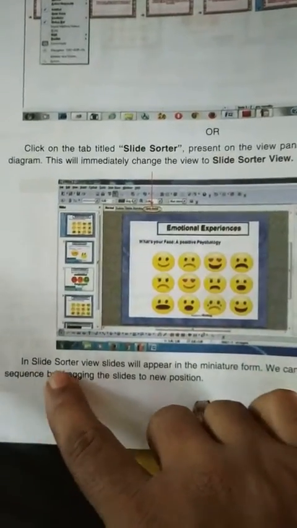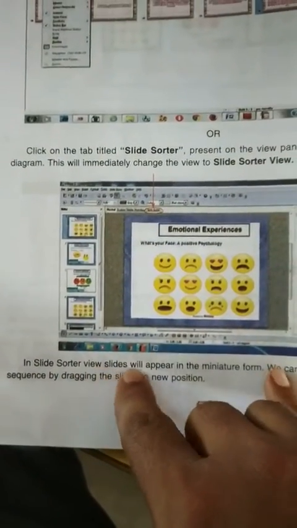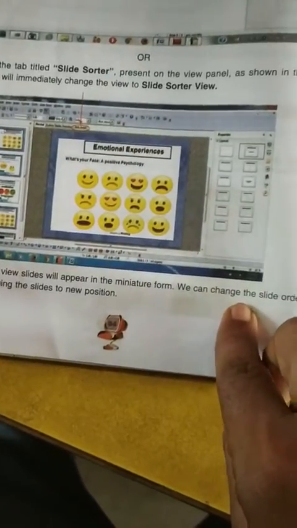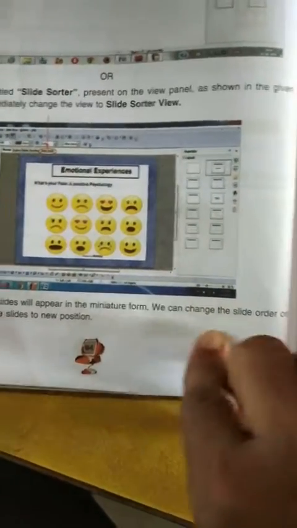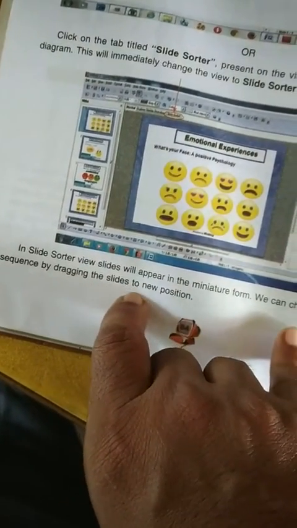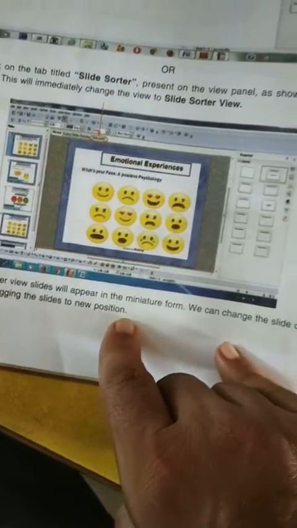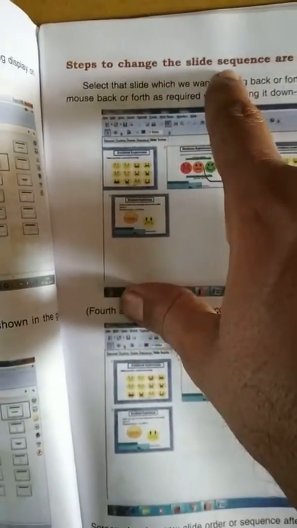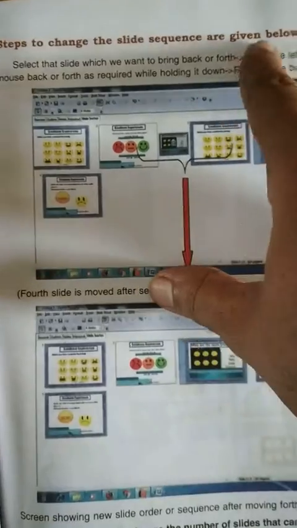In slide sorter view, slides appear in miniature form. We can change the slide order or sequence by dragging the slides to a new position. Steps to change the slide sequence are given below.